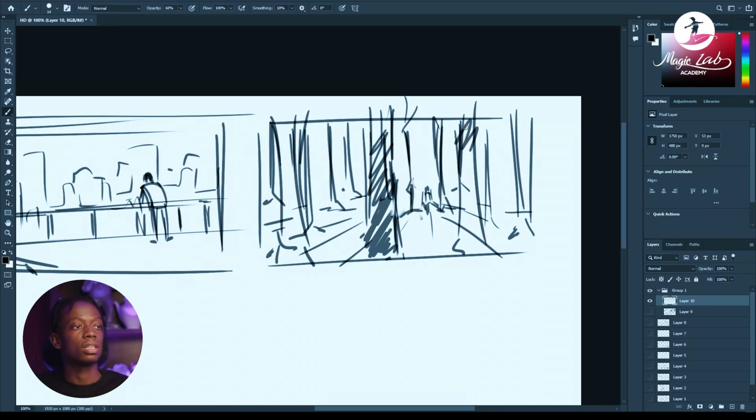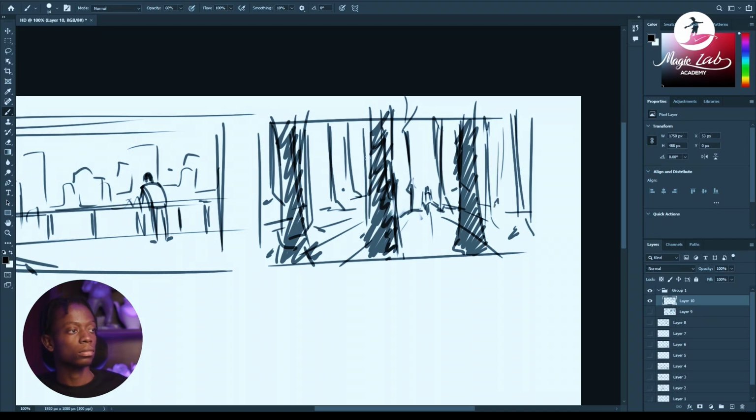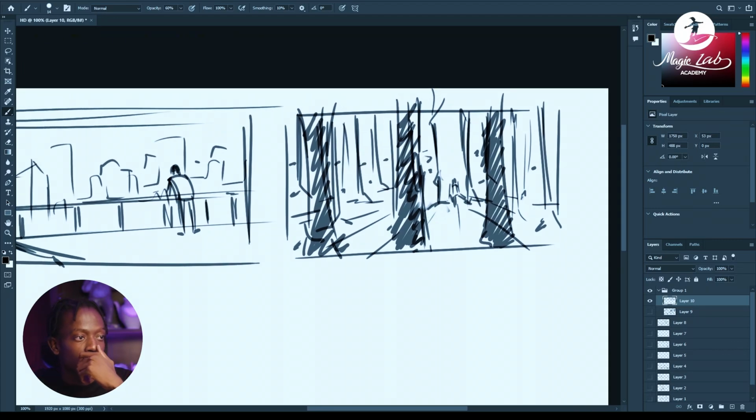Now, this is our foreground. These trees are right in front of us, close to the camera. It could be blurred out too. And then in the midground, we have these guys. And then in the background, the trees are slightly invisible because anything far from the camera blends with the color. So yeah,